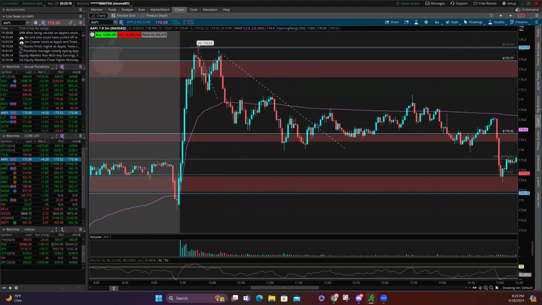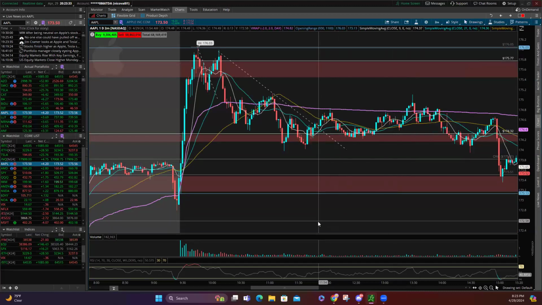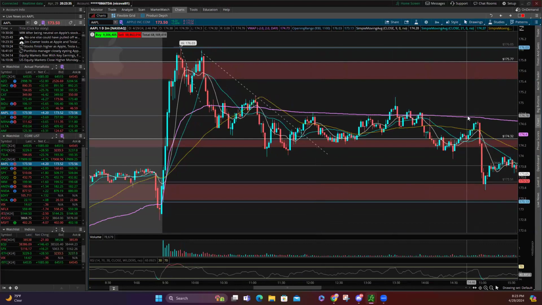Unmuted. There you go. So I'm gonna show you here, guys, I'm gonna add some of the studies. I'm gonna add VWAP, and let's add it with our 9, 21, and 50 SMA. So we're gonna see how we can use our older indicators plus VWAP to make our trade. So here, I added.